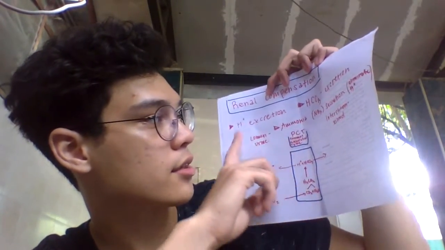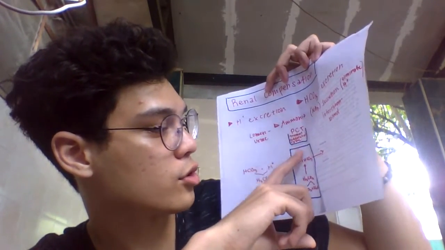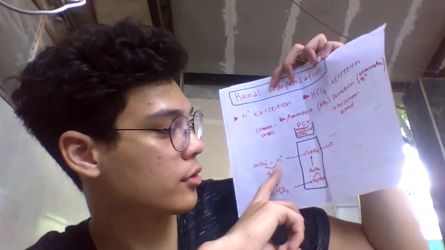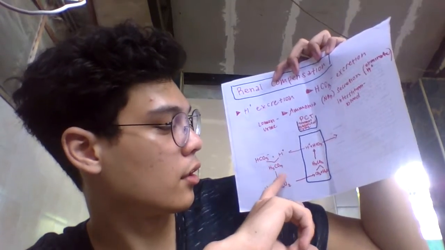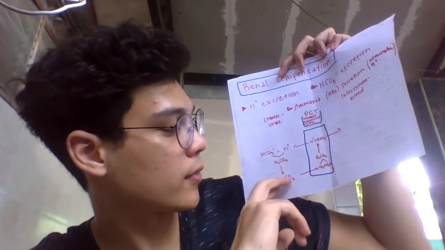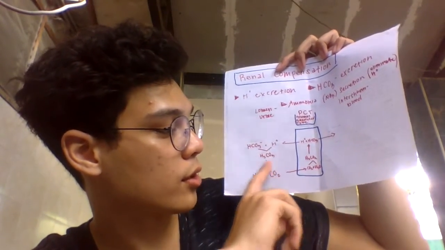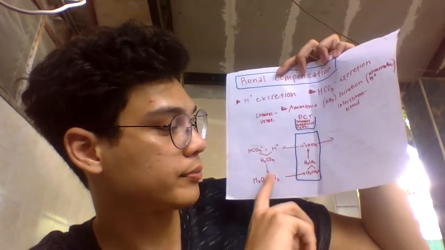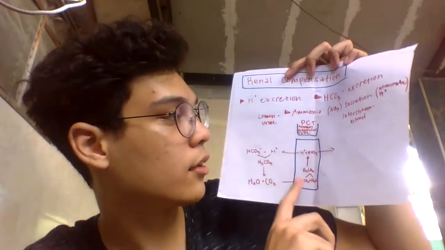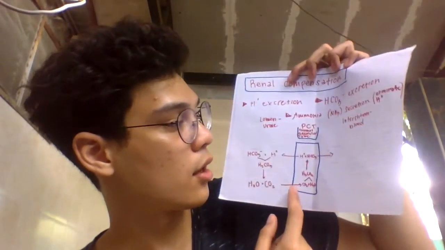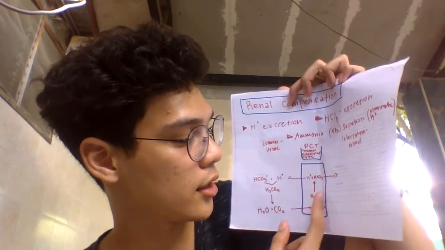The H plus from the proximal convoluted tube will bind onto the HCO3, or the bicarbonate, and form H2CO3, and this will dissociate into H2O and CO2, because H2O and CO2 can pass through more easily in the proximal convoluted tube. Once it passes through, the H2CO3